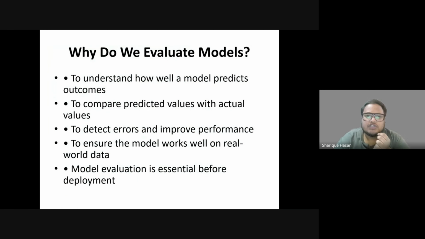So why do we evaluate models? Here are a few points to explain this. Number one is to explain how well the model predicts the outcome, to test our model, whether it is doing the correct prediction or not, and to get the outcome we want, the research we want from our data set. The second point is to compare predicted values with the actual values,